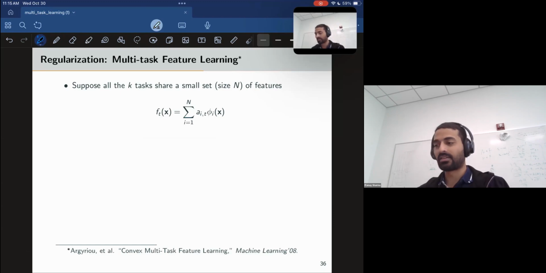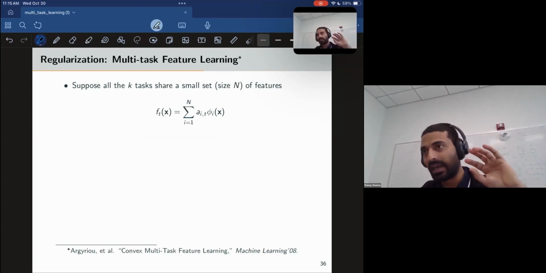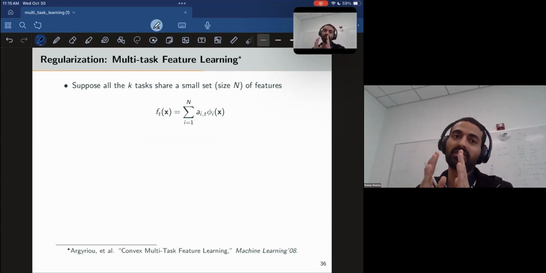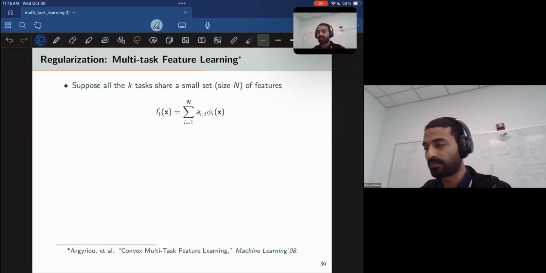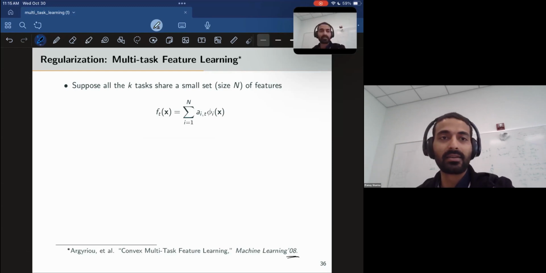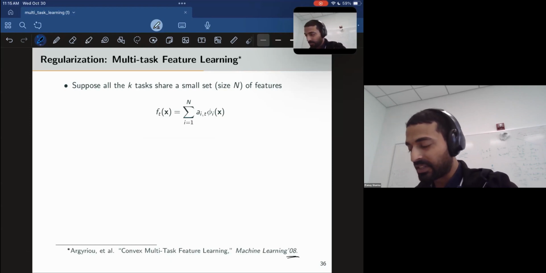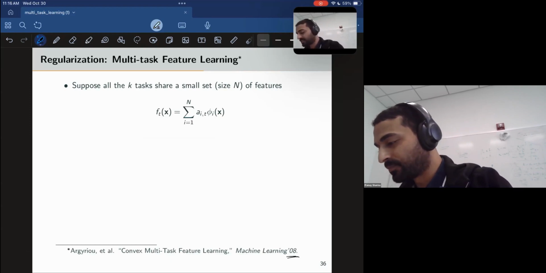Okay, let's discuss this. This is a cool idea. So far we discussed L2 norm regularization, where you force different models to be close to each other. Low rank regularization, you force the models to have some shared linear structure. There is another idea, which was proposed long back. This is prehistoric in terms of ML research, but it's a very interesting and elegant idea, so I want to discuss it.